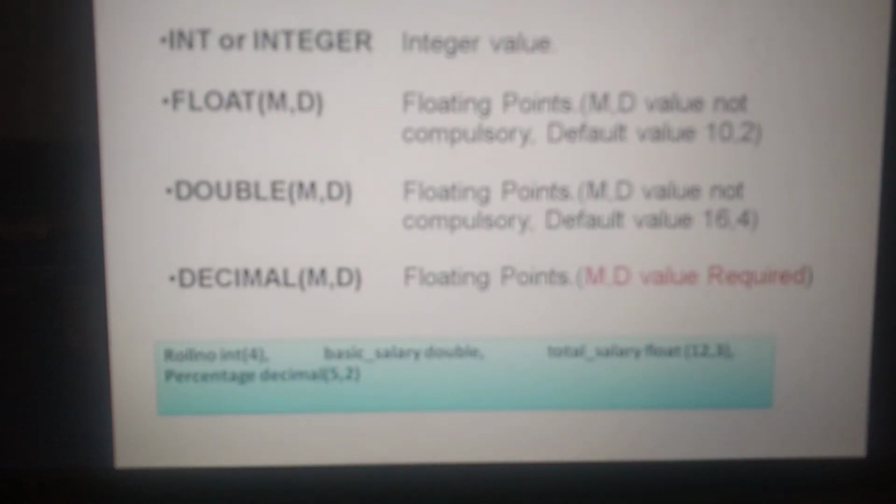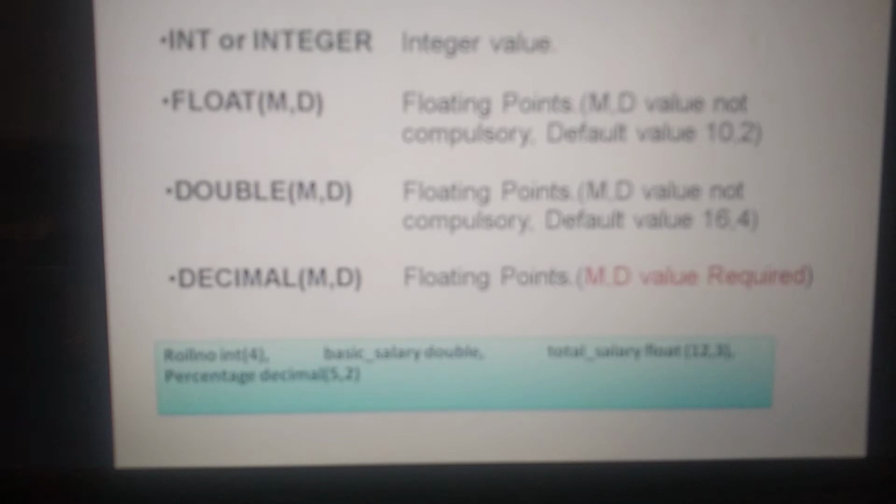Now first is the numeric data type. In the numeric data type we can take integer if it is a whole number. If it is a number with a decimal point, a decimal value, we can use either float, double, or decimal. If you are using float or double, you need not give how many values you want in decimal.